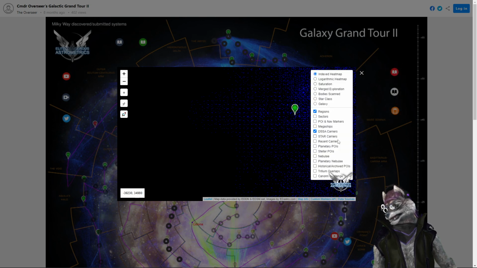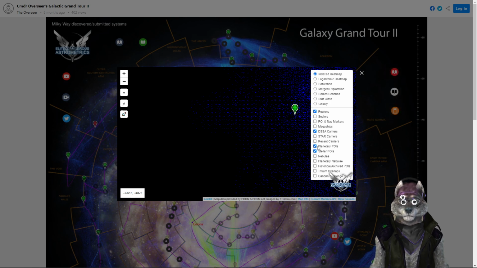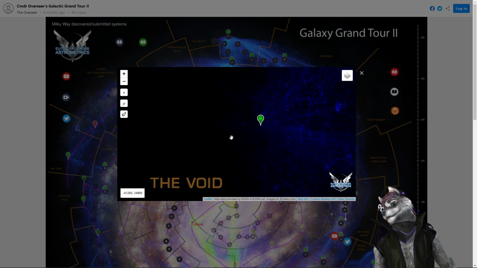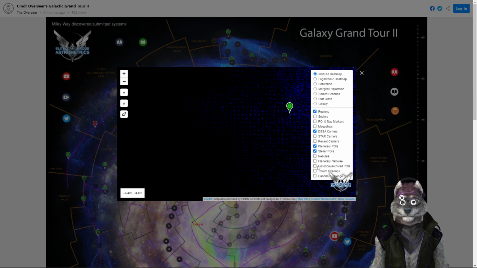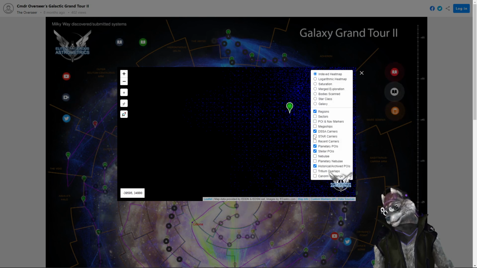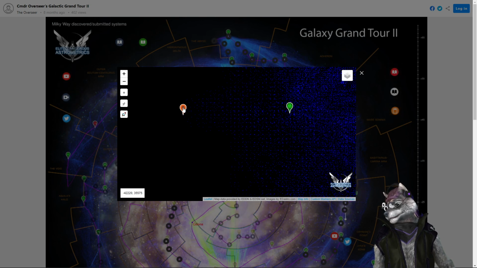If we go onto here and show, what was it? Planetary points of interest, no, stellar points of interest, I think. Might be planetary ones. Or maybe it comes under something different. Historical. Oh, it should be just here. So I'm not sure what. Stars, recent carriers, megaships, points of interest. Oh, there we go. Points of interest. Right. So here we have